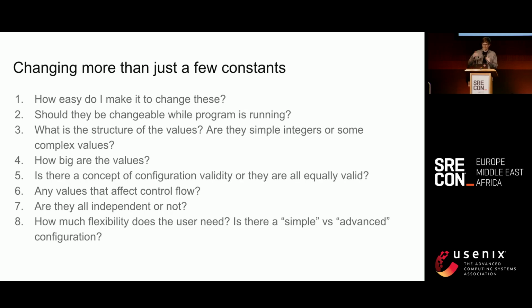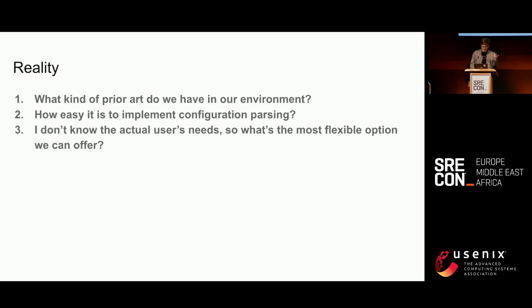If I am a person with excellent foresight, at some point I will have a list of considerations, not unlike the list that you will see. And guided by this list, I will develop a future-proof configuration format and structure. That's what I'm supposed to do because I have perfect foresight, as you know. But that is not what I'm really going to do. In reality, I will look at the options which are close to me, lying on the floor, and I will take one, and this will be my configuration engine.